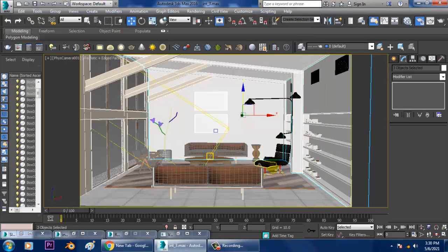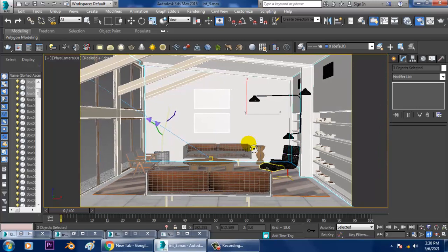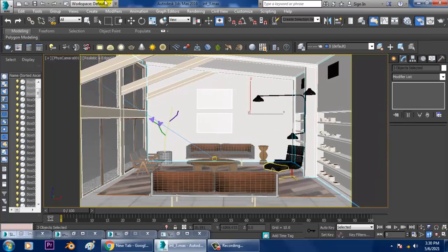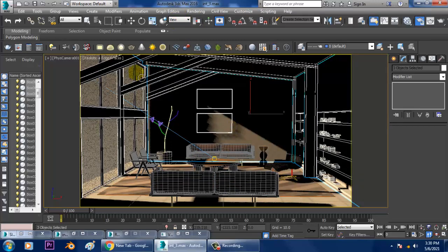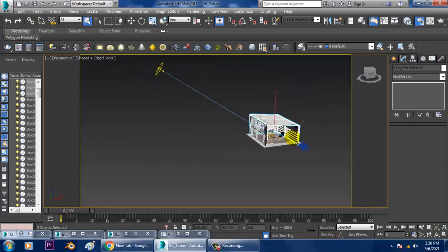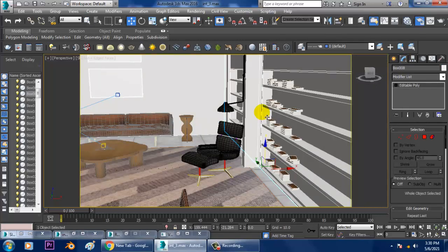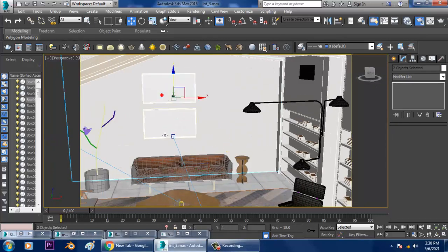So I'll just shuffle it a bit more inside. This is perfect over here. So I'll just make it shaded over here for now. So select this part, this part, this part.